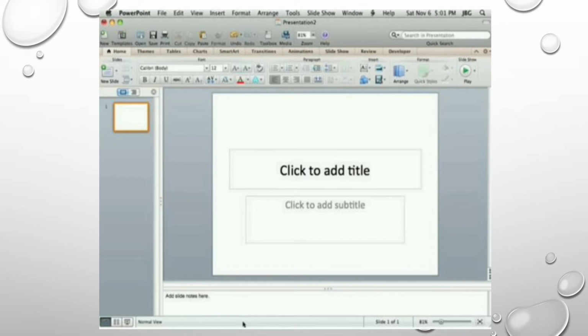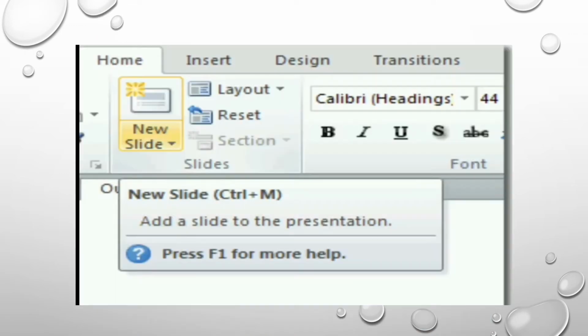First, you have added a slide and again you want to insert a new slide. Then you can add a new slide with the help of the shortcut key Ctrl plus M. So if you press Ctrl plus M, a new slide will be added automatically. So the first slide is there and the second slide will be added if you click on that, or if you press Ctrl plus M. Otherwise, you can go to the Insert tab and choose the New Slide option from the Slide dialog box and the additional slide will be added.